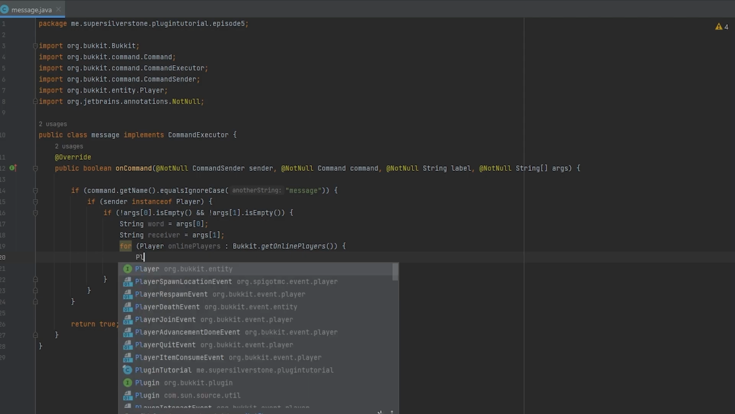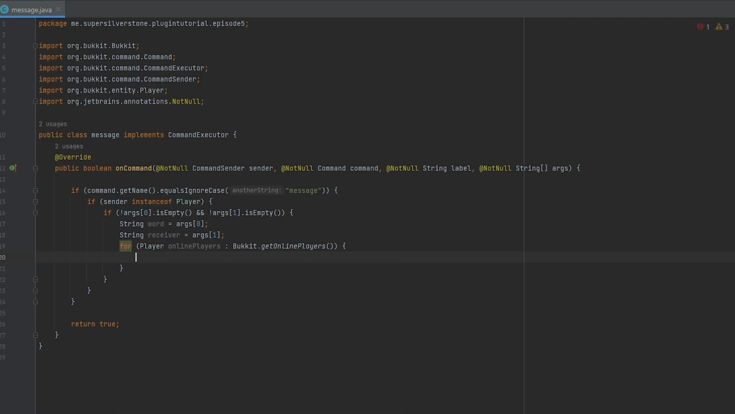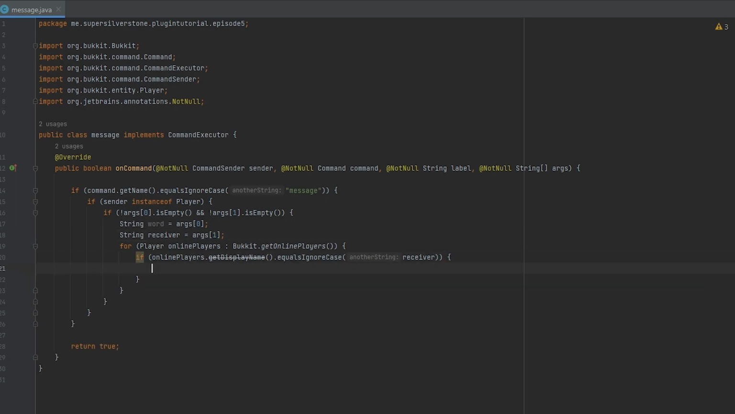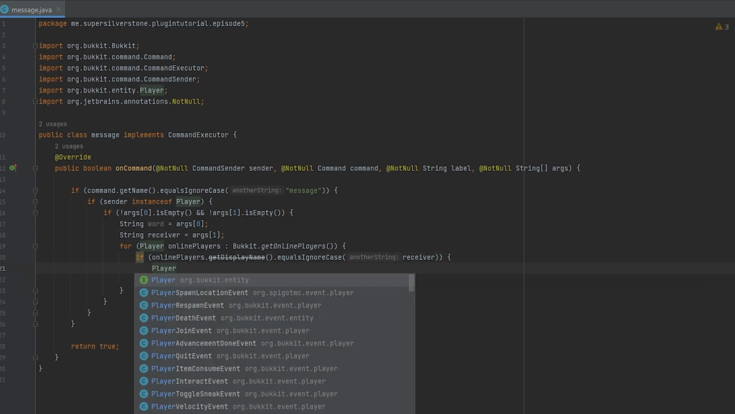So now we can do, actually we want if online player dot getDisplayName, so we're going to get their display name, dot equalsIgnoreCase, and we're going to see if it equals receiver. Now, if you're confused where I got receiver from, we're looking up here at argument 1. So if their name is equal to argument 1, which we said was the player name, so if their player name is online and is equal to it, then we will go in here and we're going to say